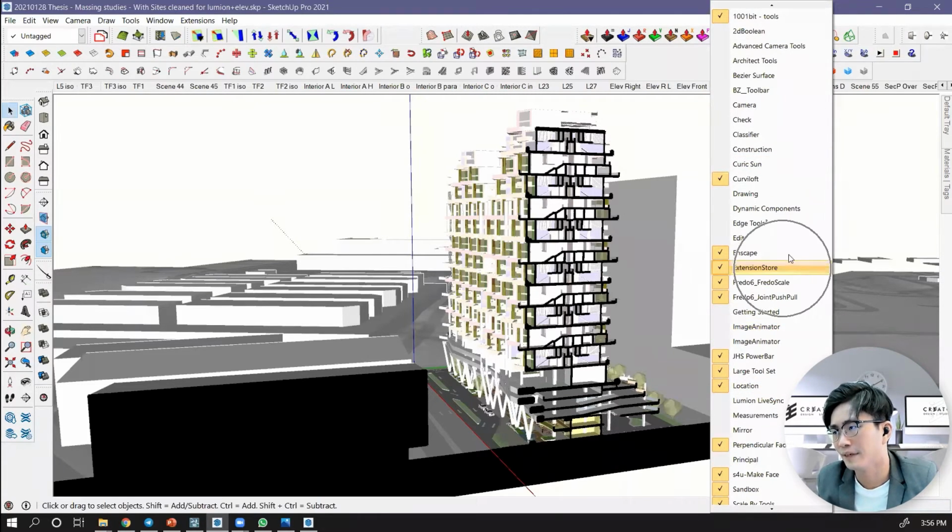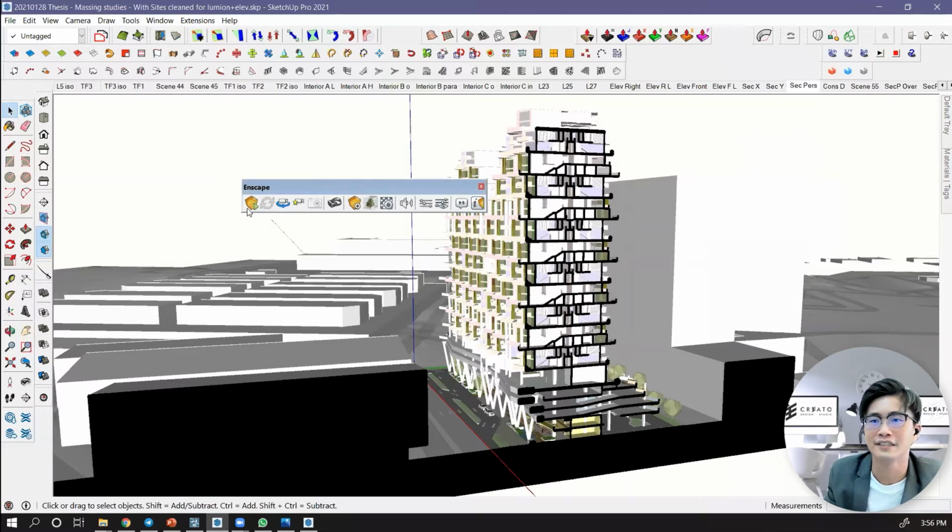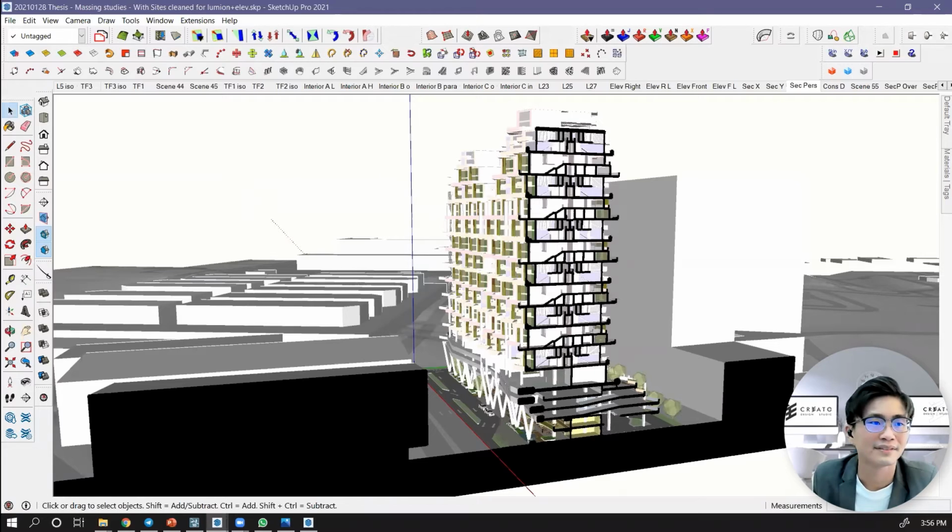Where are my tools? Okay, it's here, Enscape. It will bring me to another view, the color, realistic version of it. The good part is it can synchronize the view, so I can export one view here and one view in Enscape.